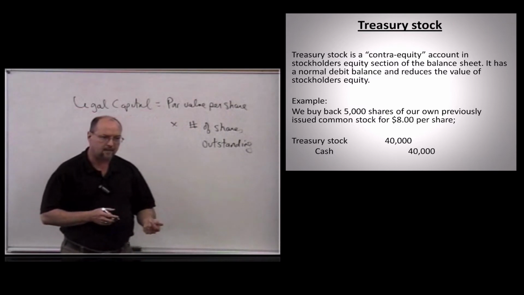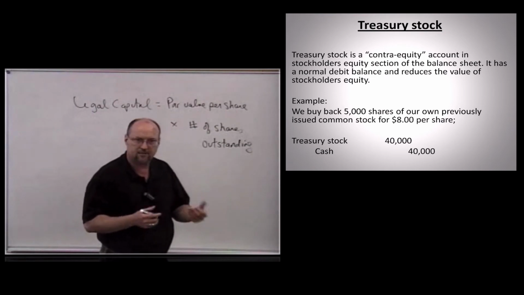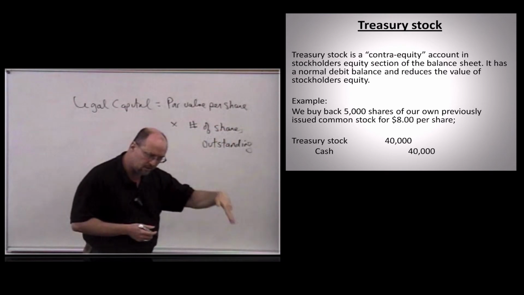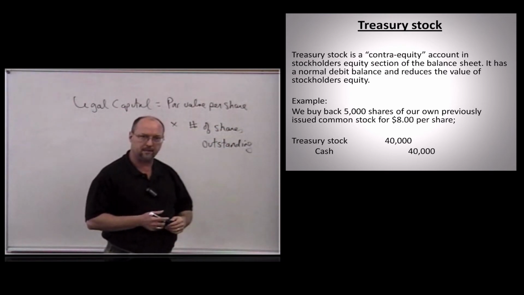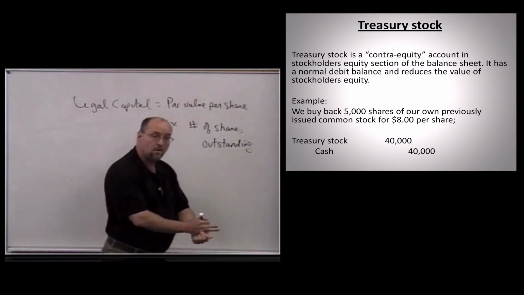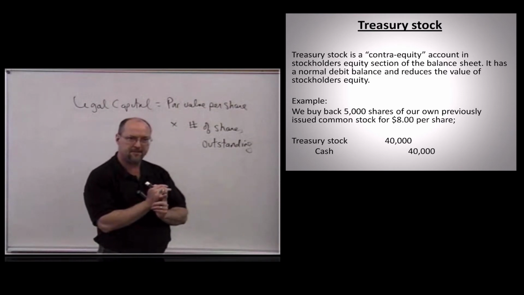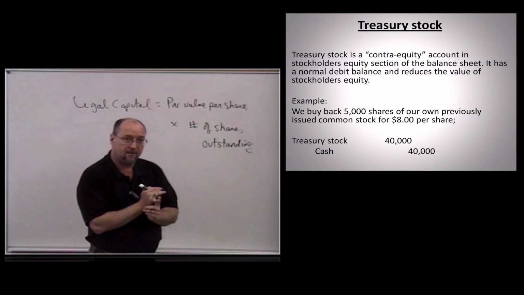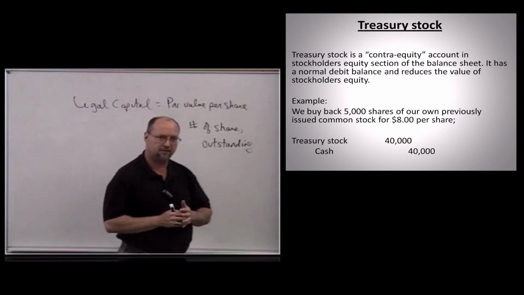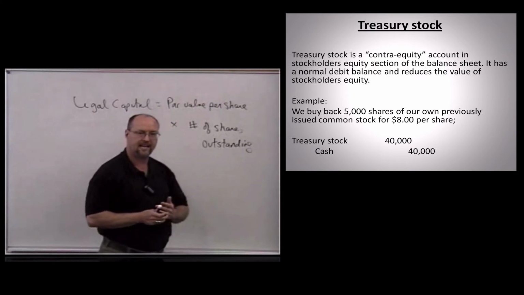Okay? In the stock market, sometimes due to speculation and everyone getting excited about an investment, they push a stock value higher than it should be, and sometimes a stock gets pushed lower than it should be. So sometimes when a company believes that their stock price is lower than it really should be based upon the company's performance, assuming they have sufficient cash in the bank on their balance sheet, they will buy back their own shares of common stock, and we call that treasury stock. And the journal entry is simply to debit treasury stock and credit cash.